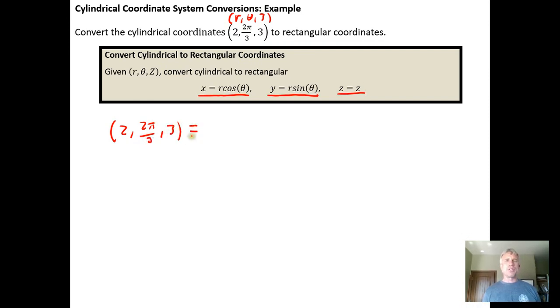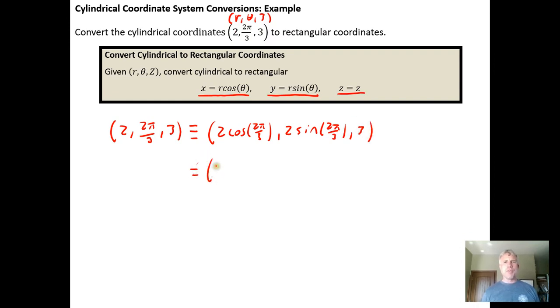So in the rectangular system this is going to be equivalent to, and our x coordinate is going to be r cosine theta, so it's going to be 2 times the cosine of 2 pi over 3, and then it's going to be 2 times the sine of 2 pi over 3, and z equals z, so the 3 is just going to be 3, and then